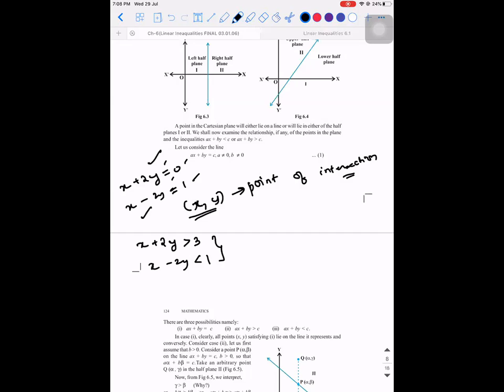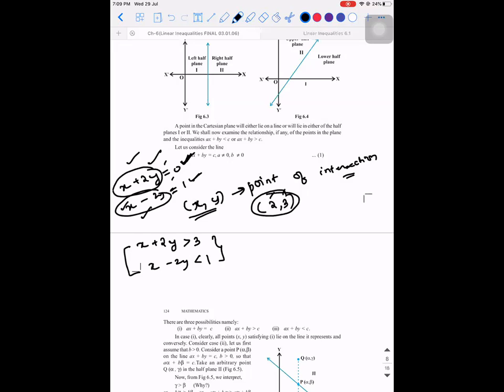You will get infinite number of points which are possible in a particular region, which will satisfy both the inequalities simultaneously. What do you mean by simultaneously? At the same time. See, for example, if I get the answer as 2, 3, when I substitute 2, 3 in the first one, and when I substitute 2, 3 in the second one, both should give me the same answer. Like both should give me the right side answer. When I substitute 2, 3, it should give me a 0. When I substitute 2, 3 in this, it should give me a 1. So that is the meaning of simultaneously satisfying. I gave it as an example. 2, 3 might not be the solution.